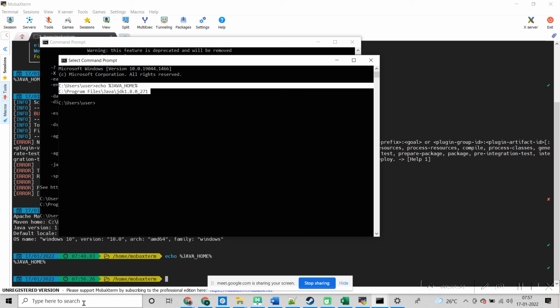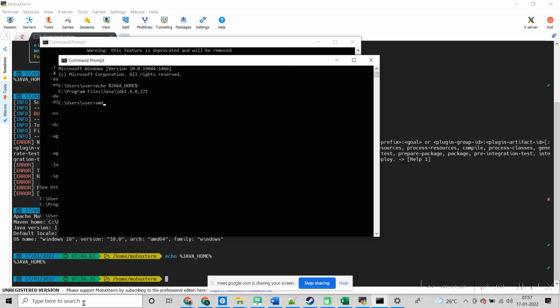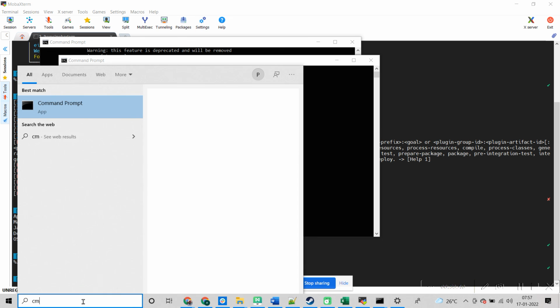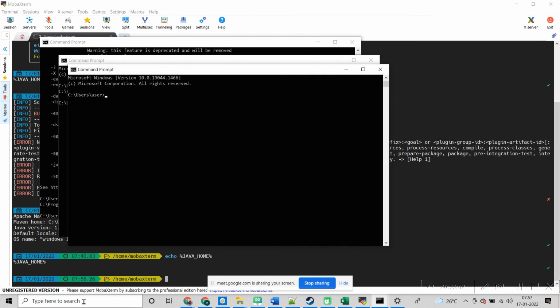Are you able to see my screen? Yes. Just put CMD here and press enter. Then you will get the command prompt terminal. Not from the MobaXterm terminal, from your run window here. Okay.